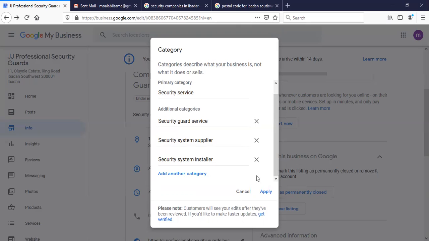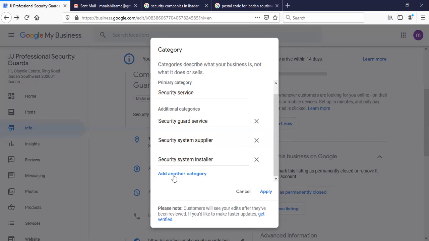For example, let's say you are creating this profile for a real estate company. If you've started the business with real estate company, don't forget, real estate is also the same thing as property. So you have to pick all those other categories under real estate that are related to your type of business, you need to select them. If it's property, select all the categories under it and apply.